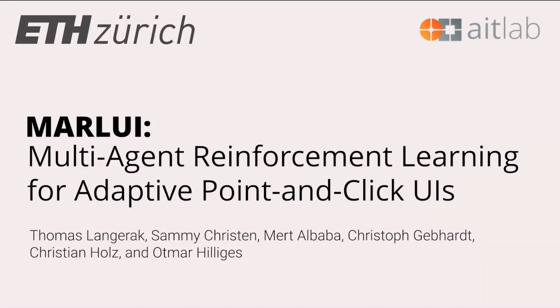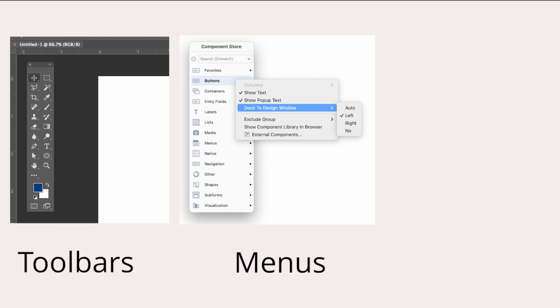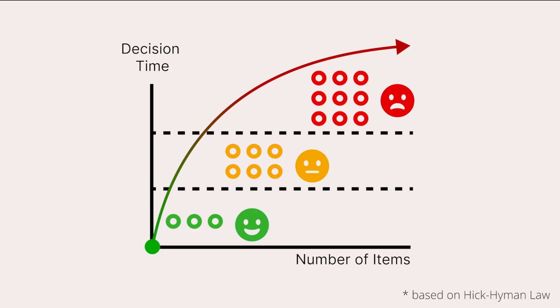We present MARLUI, Multi-Agent Reinforcement Learning for Adaptive Point-and-Click User Interfaces. Point-and-click involves actions like clicking on toolbar items, navigating through menus, and selecting objects in virtual environments. Although each point-and-click action might seem straightforward by itself, the overall complexity grows as the number of elements you can